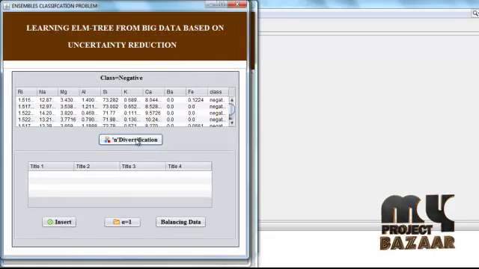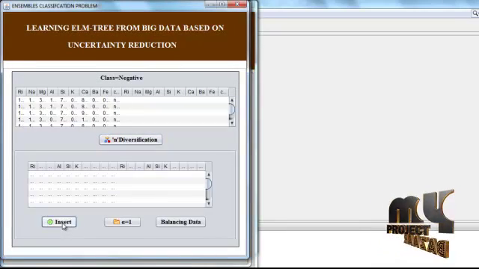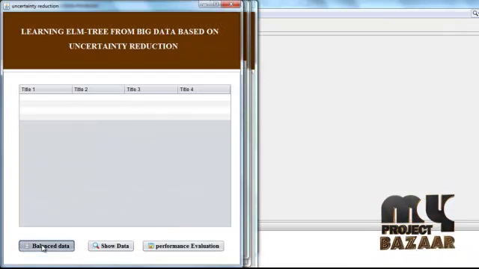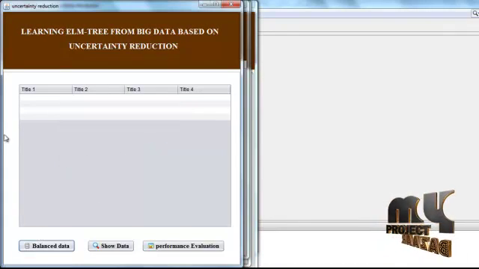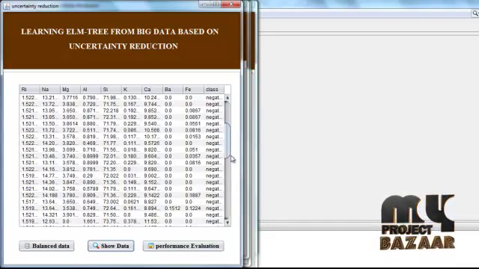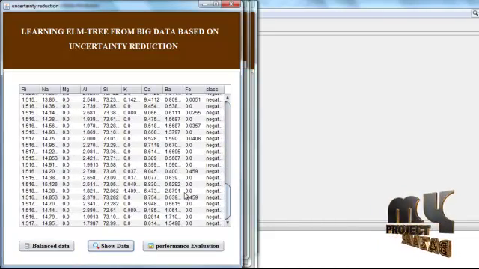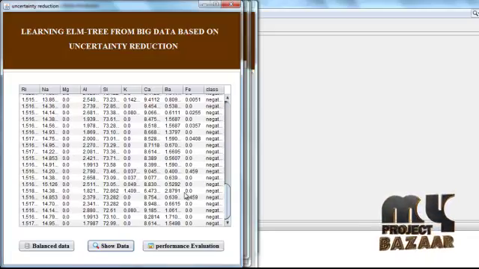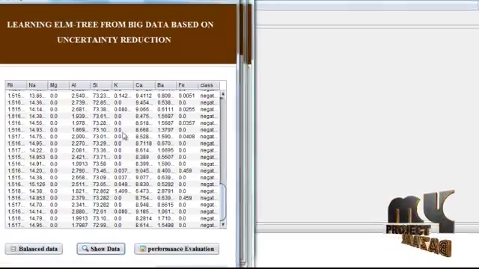Similar procedures take place for the other attribute type. In this, balanced datasets are viewed. Click show data to view the balanced data, which is obtained by removing the impurity classes from the data present in the data set we initially loaded.